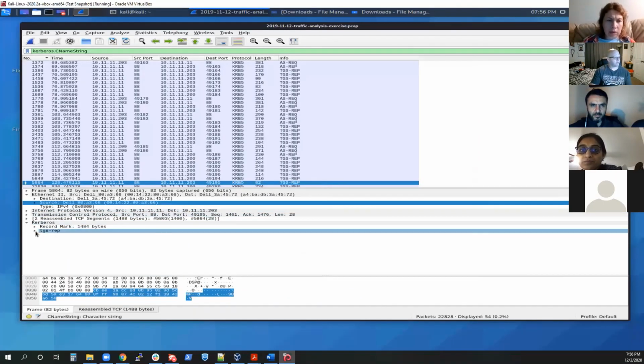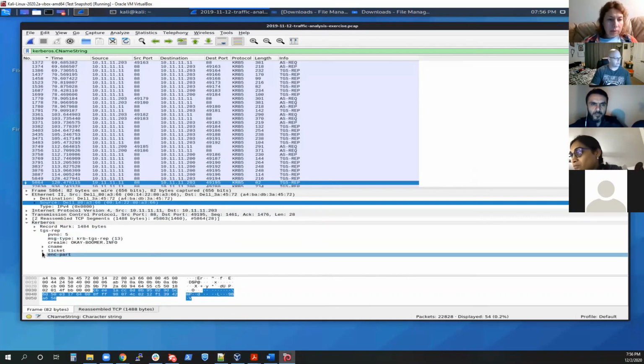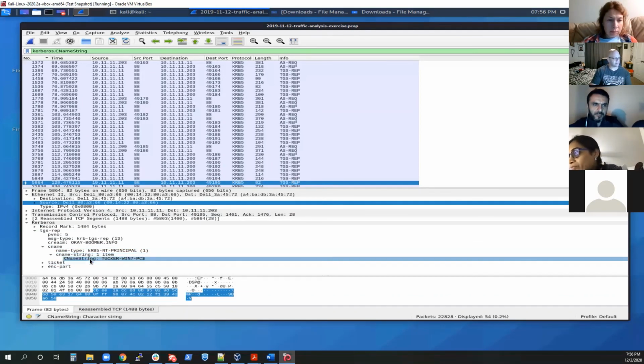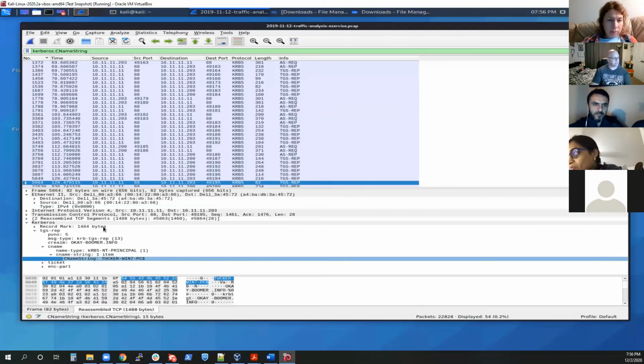All right. So if we follow the steps down, you click on the flag for TGS-REP and then CName. And you'll notice in here you have CNameString and there's only one item in there, right here. Now on this particular IP, this actually gives you a little bit of information. This IP address, 10.11.11.11, no, actually I take that back. In this particular one, it's 10.11.11.203. That IP address is a Windows machine that's running Windows 7, and the host name of